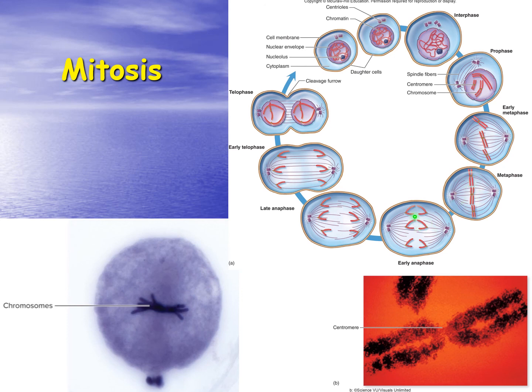And then the 2 sister chromatids will split at the centromere and be drawn by the spindle fibers towards the poles of the cell by the centrioles and spindle fibers. And this is anaphase. And then the cell undergoes cleavage, which will then separate the 2 now reforming nuclei in telophase into 2 separate daughter cells that have the exact same number as the original parent cell. So review your stages of mitosis.